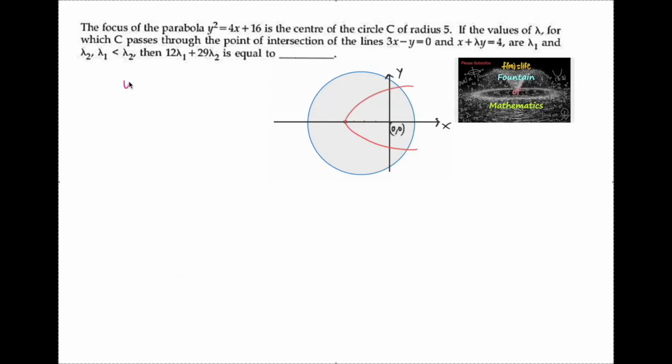Given the parabola y square is equal to 4x plus 16, whose focus is the center of the circle C of radius 5 units. So let us find the focus of the parabola. It is in the form y minus 0 whole square is equal to 4 times x plus 4, that is x minus of minus 4. So we know that y minus k whole square is equal to 4a of x minus h is a parabola whose focus is